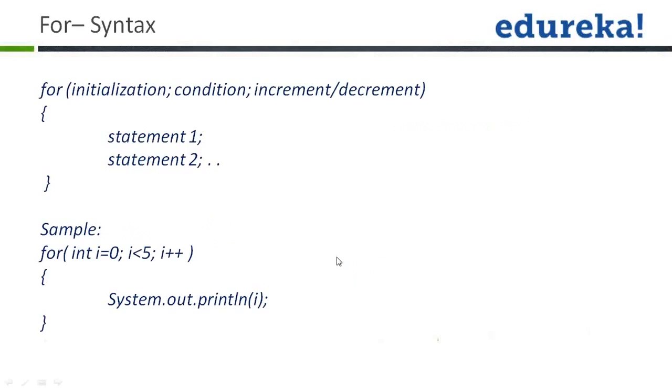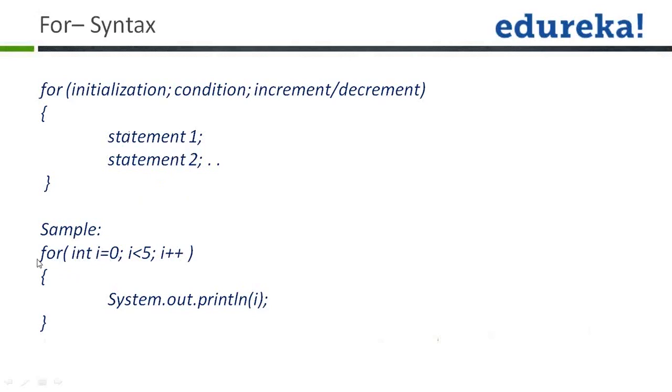Moving on, if you see the syntax of a for loop, you use the keyword for. You open up the parenthesis. Within that, first thing is you do the initialization. You initialize a value. Second is the condition. Based on this condition, this for loop will end. Till the time the condition is true, this for loop will keep on running, and as soon as the condition becomes false, it will get out of the loop. Finally, you will be incrementing the value of the variable, or you can also decrement the value to run the loop. And whenever the condition is true, all those times these statements will get executed again and again.